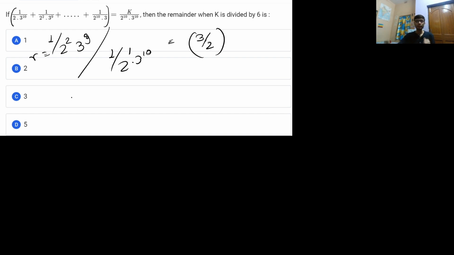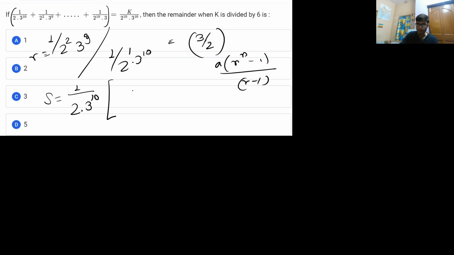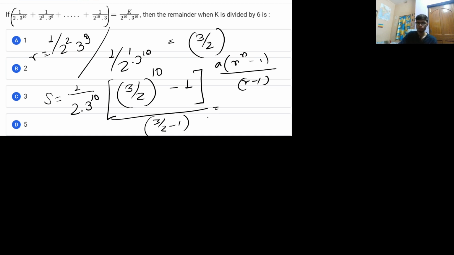So this particular one is a summation of a GP. The formula for the sum of a GP is given by a into r raised to the power n minus 1 divided by r minus 1. If you apply this formula, then this is 1 by 2 into 3 to the power 10 into r, where the value of r is 3 by 2, whole raised to the power n. So what is the value of n? If you can see, the exponent of 2 starts from 1 and goes up to 10. So that means the value of n is equal to 10. Okay, so there are 10 terms, divided by 3 by 2 minus 1, which will yield the result equal to half